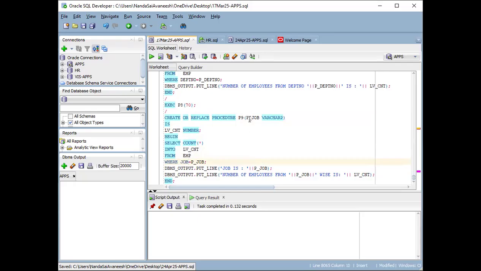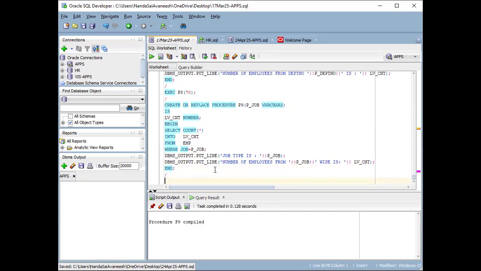So whatever we are passing for this variable will be verified here. Based on this, the count will be taken into this lv_count. So DBMS_OUTPUT: job is p_job, and the job type we are mentioning. Then DBMS_OUTPUT.PUT_LINE: number of employees from this job type wise is lv_count. So compile this one, execute